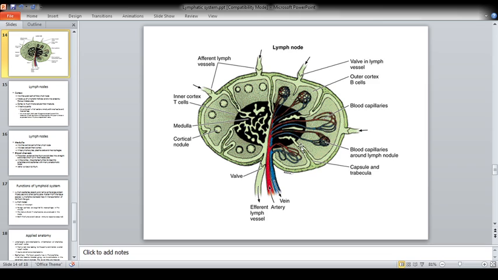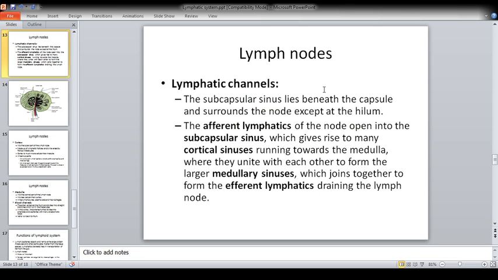Sinus is a drainage site where blood or any other fluid can be collected. Subcapsular means it's immediately below the capsule. The afferent lymphatics of the node would open into the subcapsular sinus, which would then give rise to many cortical sinuses. The subcapsular sinus is present just below the capsule of the lymph node, whereas cortical sinuses would be those sinuses which would penetrate deep into the cortex,